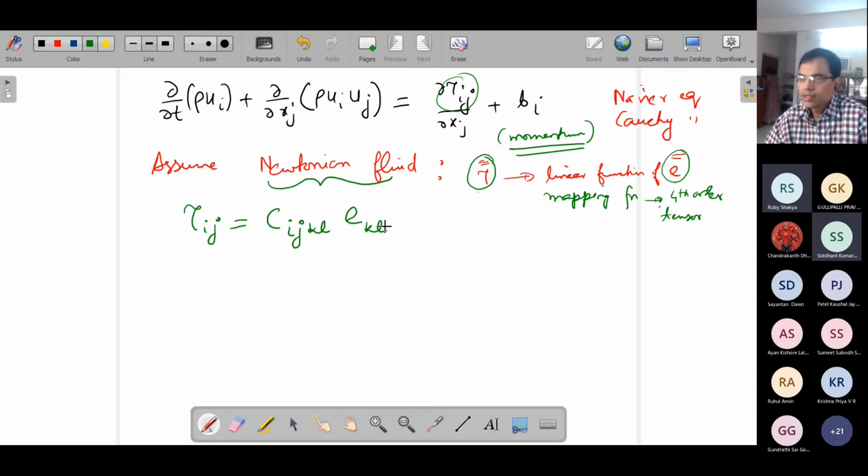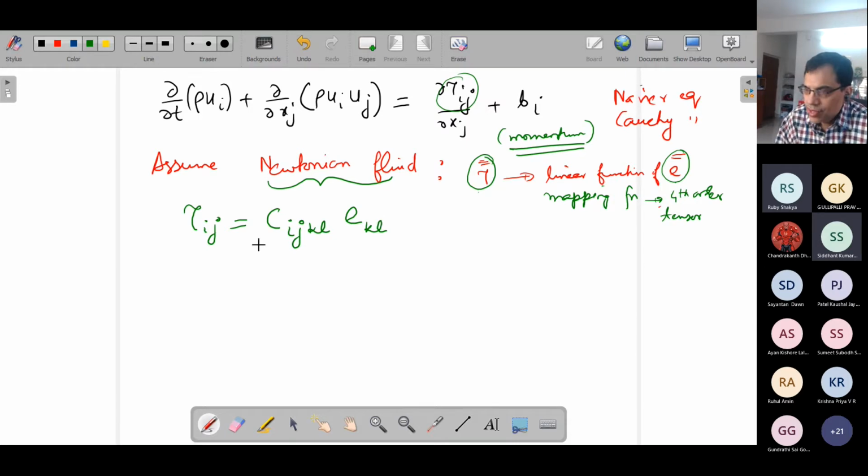So this is what we have written, the mathematical version of this physical mapping. You have a second order tensor, you have 2 indices. It maps to, so i and j have to be fixed because those are fixed on the left hand side. And k and l are dummy, they are repeated. Because they are repeated, there should be a summation over k and l, through this E.